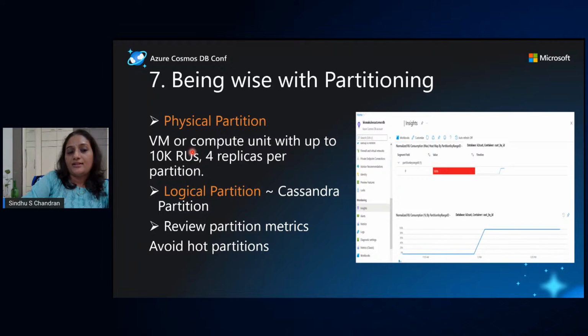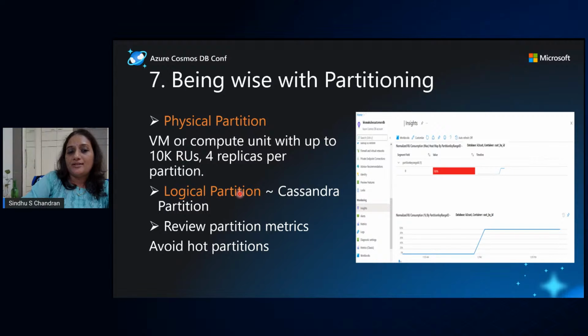So be aware that if you need more than one partition allocated, then you need to set your RUs to more than 10,000. Especially if you are having Flink-like parallel distributed programs where you want to be writing in parallel, or you want to be loading data quickly, you need to be aware that you need to provision more than 10,000 RUs if you need to have more than one partition.